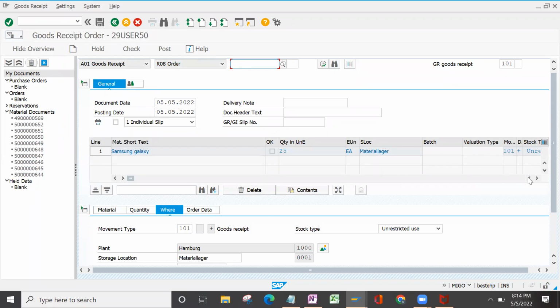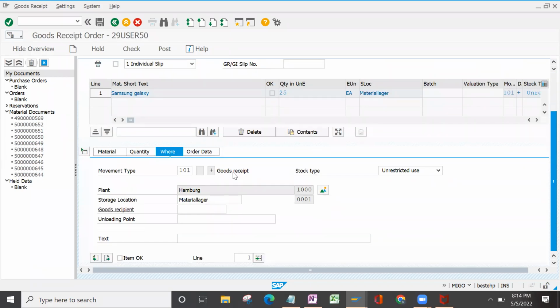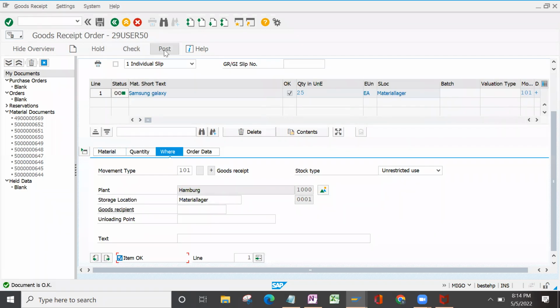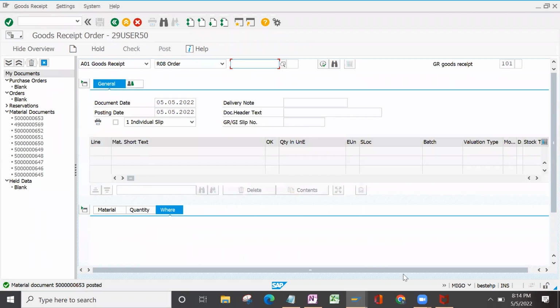Yes, sir. So, calm down. My plant and the storage location are updated again. Click on the item, OK. Check for any error messages. No. Post it. So once you post your goods receipt,